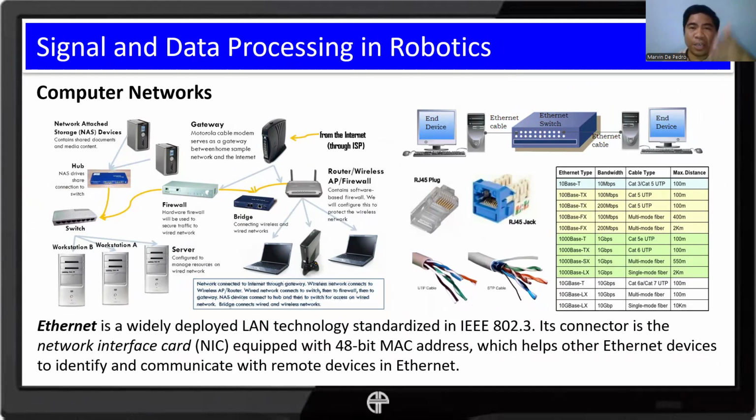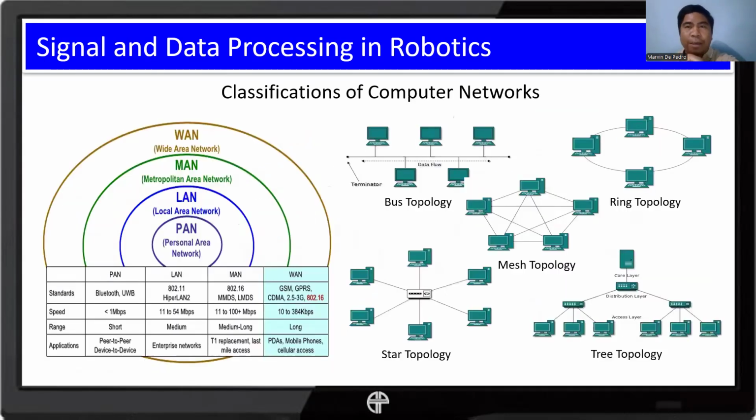So the switch can serve as the bridge towards that. Okay. So Ethernet is also a protocol within the second and even the third layer, normally in the second layer. Okay. And when we are designing our robotic systems, we have to be aware also of the type of network that the robot must be part of.